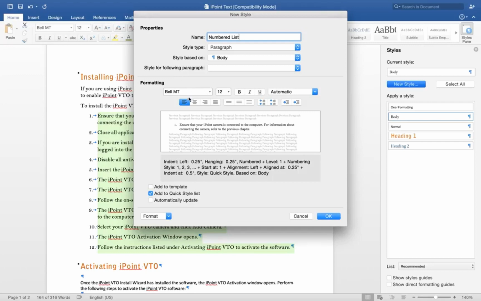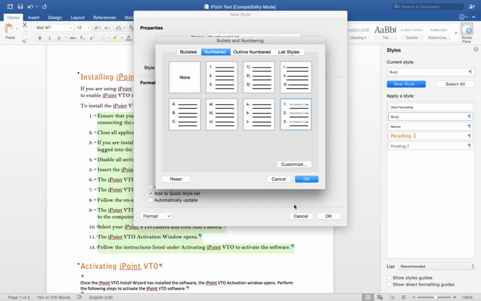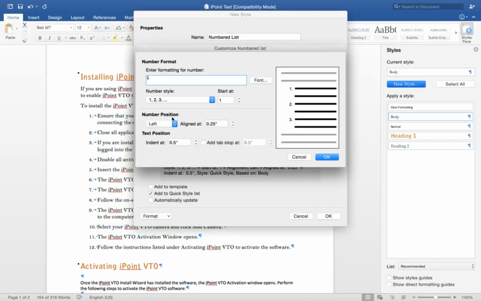For the formatting, we're going to leave everything exactly the same, but we're going to come down here to the Format drop-down button, and we're going to select Numbering, click Customize. For the number position, select Right. What this does is it will align all of your numbers to the right. That way, if you get a 10 or 100, your tens and ones digits don't start creeping into your list over here.